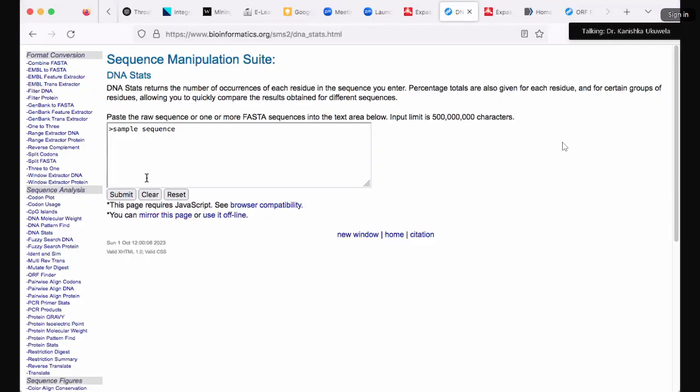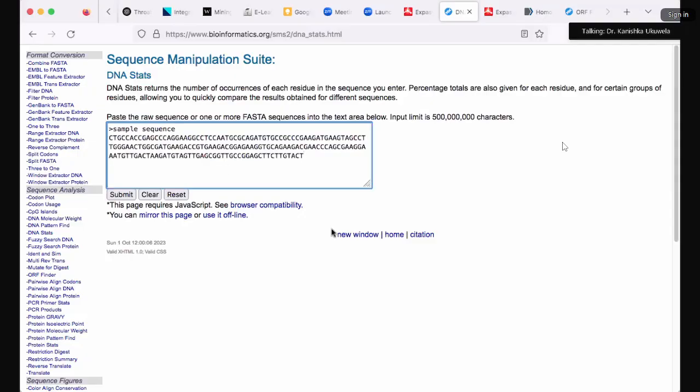Apart from this particular tool, there are so many other tools also that we can get. I'm going to copy this particular DNA sequence and paste my copied DNA sequence. So this is the DNA sequence, and we just have to submit, and it will retrieve the number of